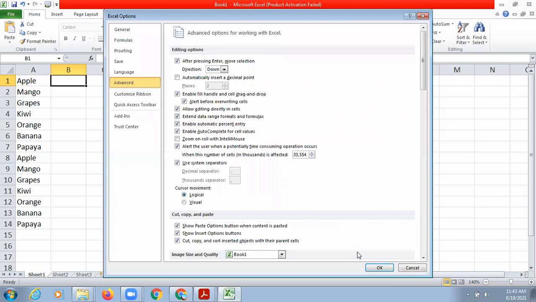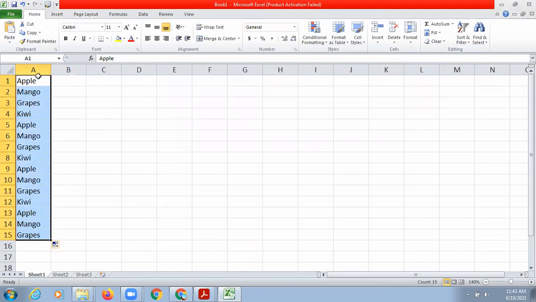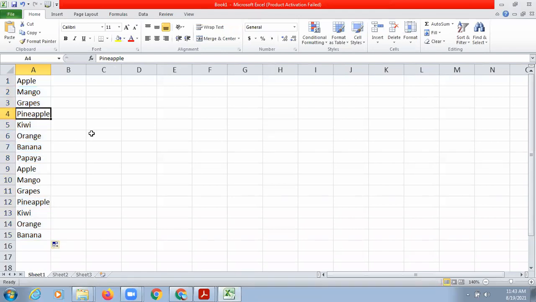Similarly, next year if there are few more students in your class, you can add those students. You can edit your customized list. अभी देखो मैंने I have done some changes. So if I'll drag it now, grapes के बाद add किया था I think हमने, so pineapple is coming now. Clear? So you will be able to use the customized list after editing also, right?